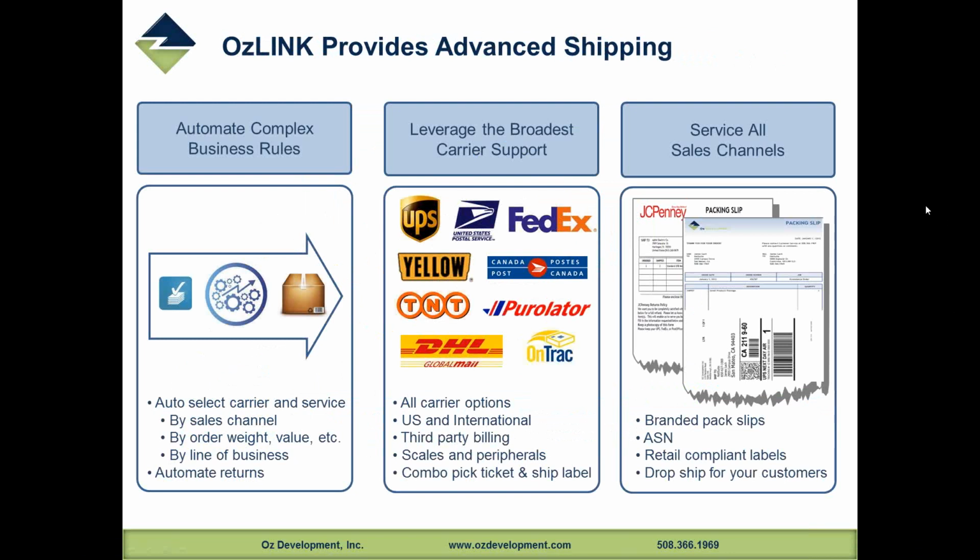And he said with the automation, for the first time last year in peak season, they could bring in some temporary staff. And that temporary staff was productive within an hour. And they helped support them through that peak period, and their order accuracy and the volume was growing, and the accuracy was very high. And then the middle is we leverage the carrier software, so UPS WorldShip, FedEx ShipManager,